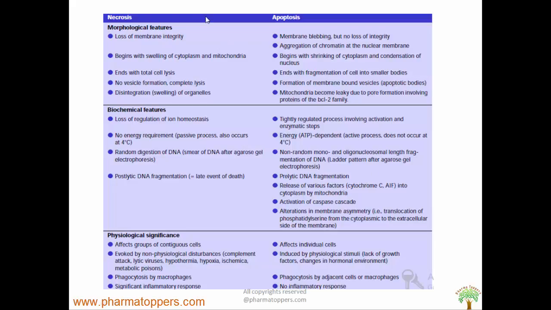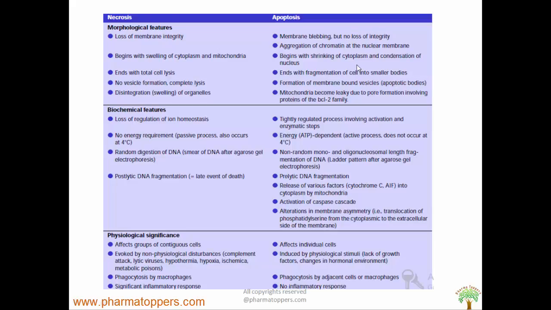So here is the difference between necrosis and apoptosis. This difference is important, friends, so this must be remembered. The morphological features are mainly important, like loss of membrane integrity in case of necrosis, swelling of cytoplasm and mitochondria, total cell lysis, no vesicle formation and disintegration, whereas in case of apoptosis, membrane blebbing but no loss of integrity,